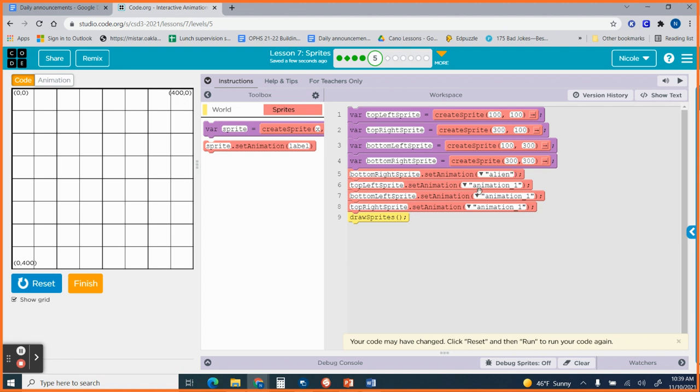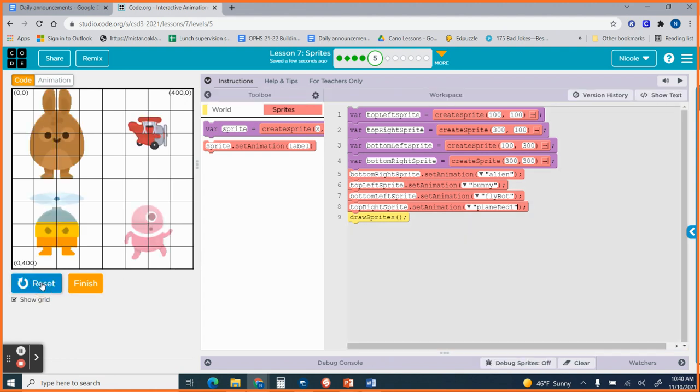Okay, so now my first one was set to alien. My second animation I'm going to set to bunny. My third animation I'm going to set to the flybot. And my last animation I'm going to set to the red plane. All right, did you guys see what I did there? I'm calling up an animation for each of the sprites that I created. That's all I'm doing. When I do that, reset, run, shazam, bam, bam. So those gray boxes now become